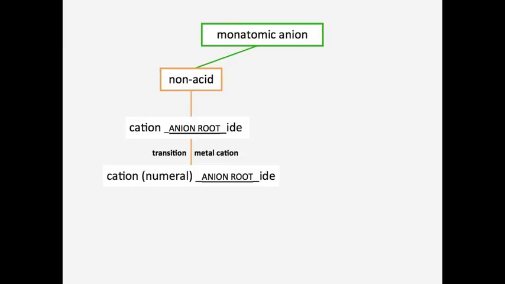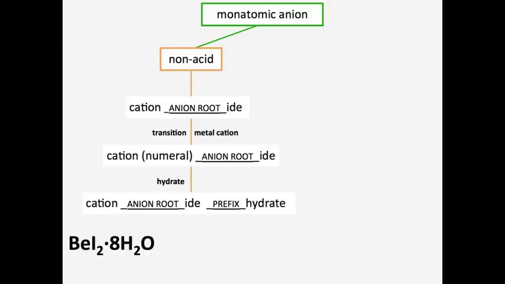Some ionic compounds have water molecules trapped within their crystals. They are considered hydrates. These compounds follow the same naming conventions as described earlier. Following the ionic component is an interpunct followed by a specific number of H2Os. Find the prefix that matches the number of H2O molecules present and attach the word hydrate. Here is one example,